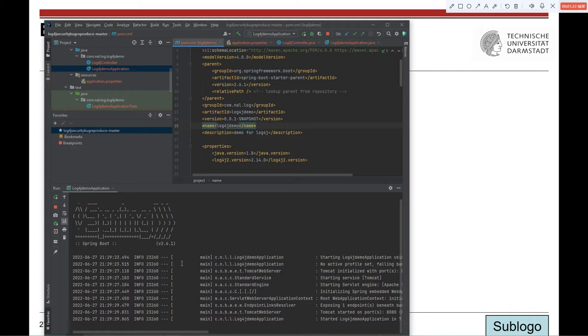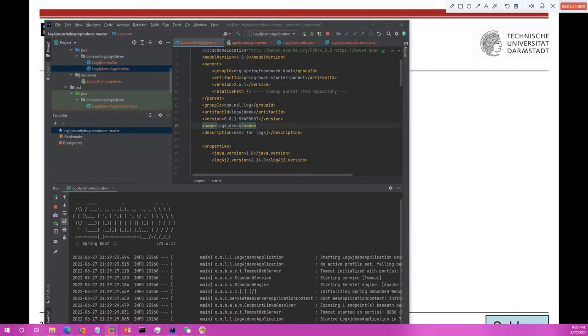Now this server is successfully started, and we can access it with